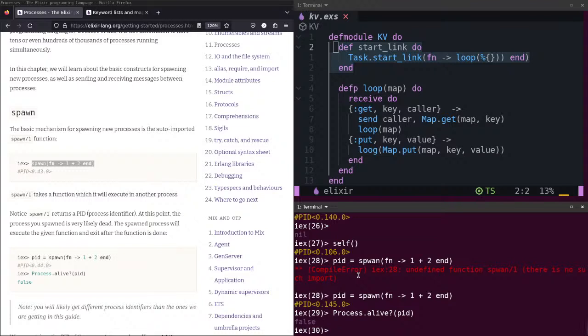False. It's very likely that the spawned process will execute the given function and be done. Okay, I understood.